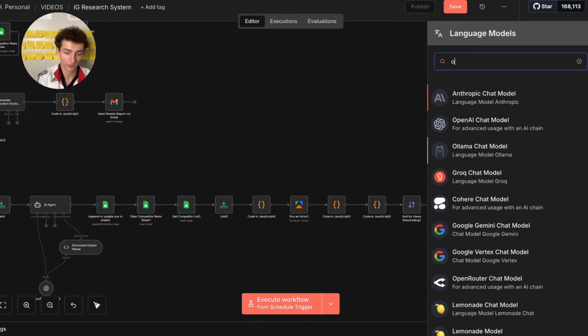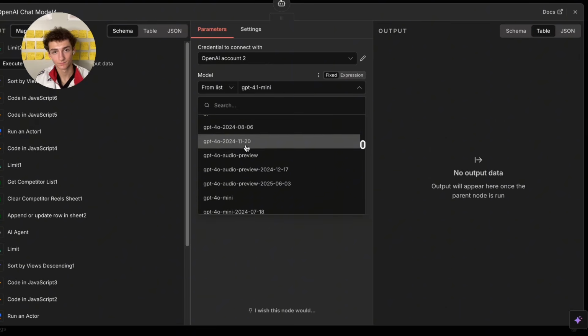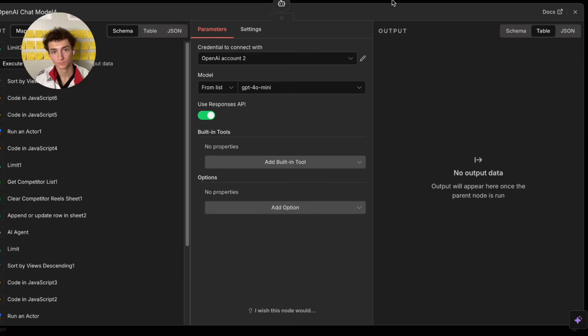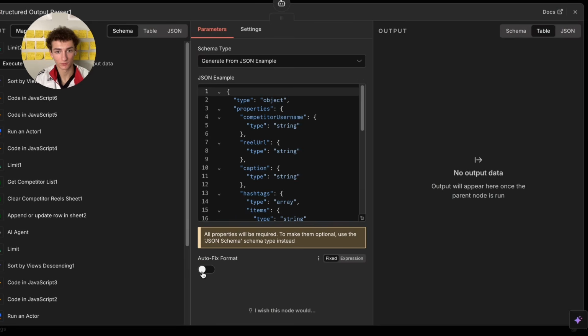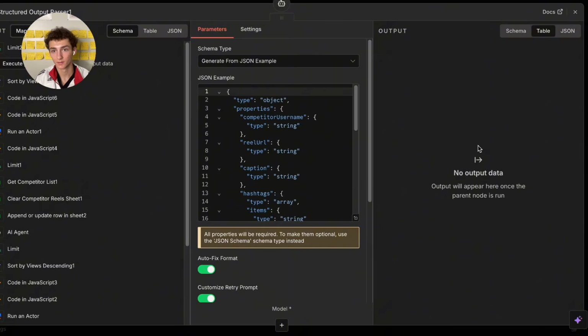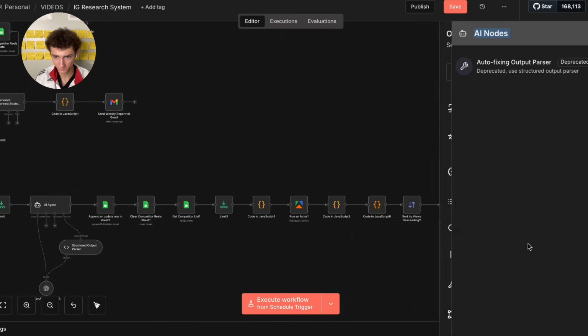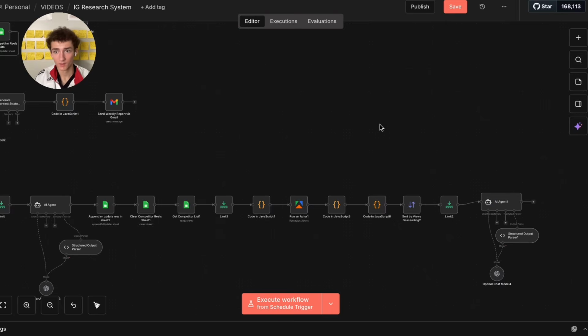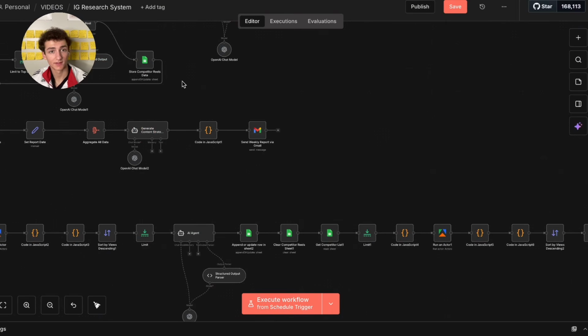All right, OpenAI, select your model. And then same thing as before, turn on that, and connect it. All right, now our second AI agent is set up properly, and we're going to connect it to our Google